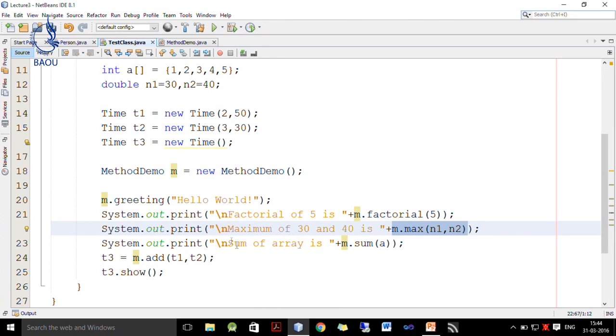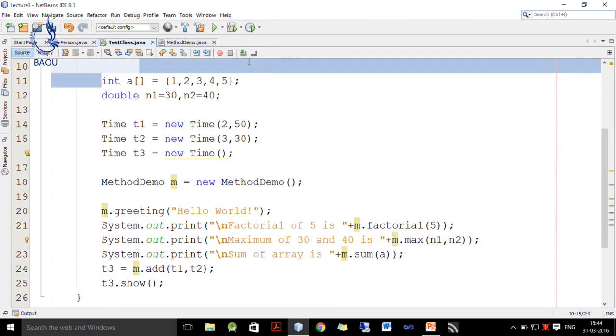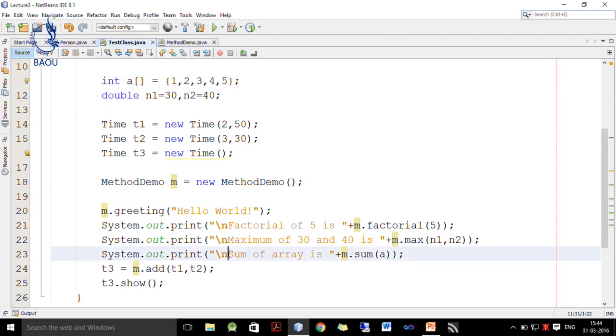The next we want to display the sum of the array. So, we write sum of array is, and then we call the sum method and provide array A as an argument. So, it will add 1 plus 2 plus 3 plus 4 plus 5, which is 15. So, it will print sum of array is 15.